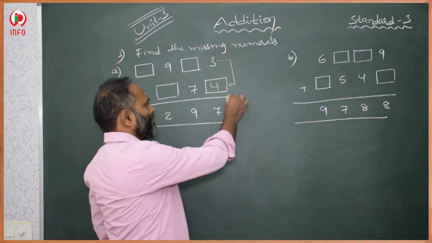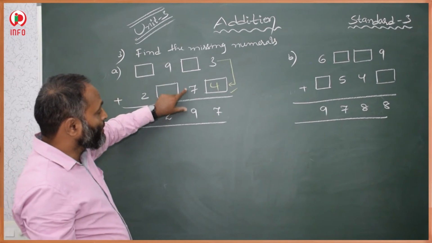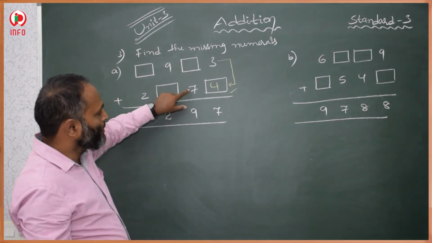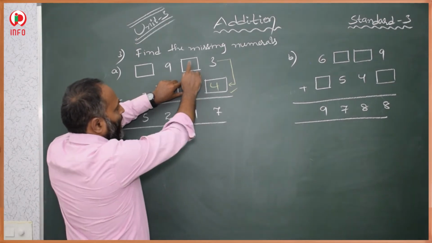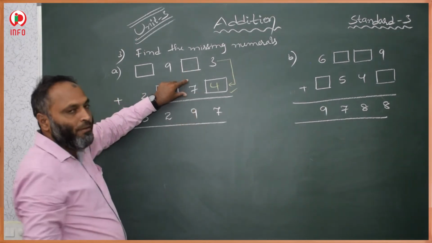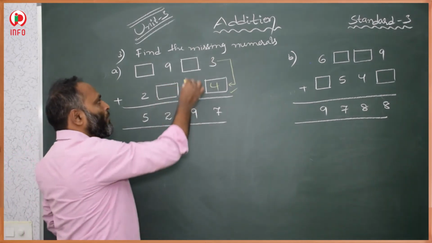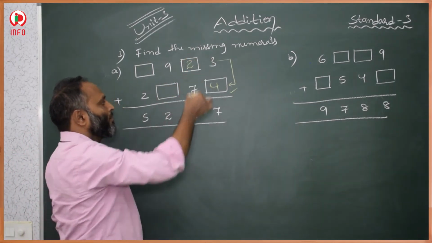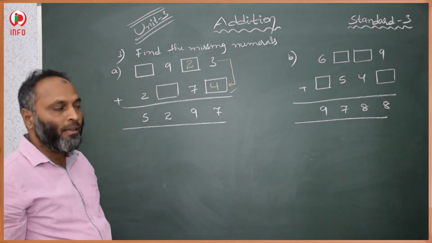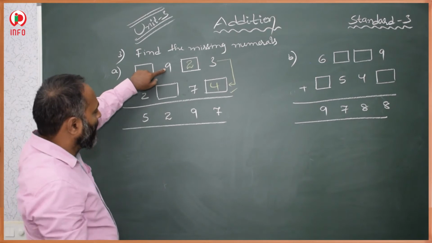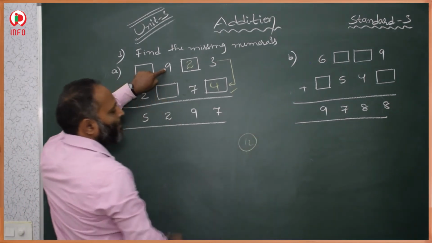This one is over. Then here 9 is there. What number should we add to this number to get 9? Here 7 is there. To this 7, what number should we add to get 9? 7, 8, 9. If we add 2 to this number, then we get 9 here. Here 9. Here 2 is there, and 2 means here 12.